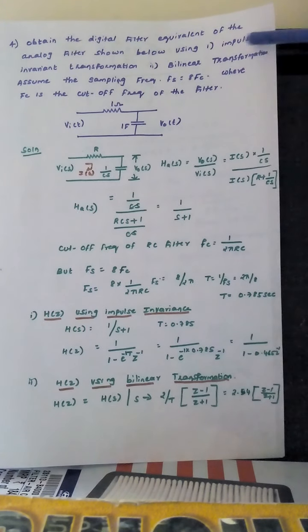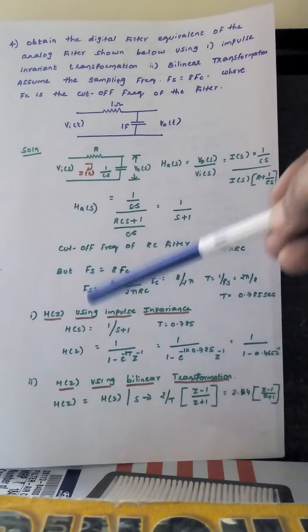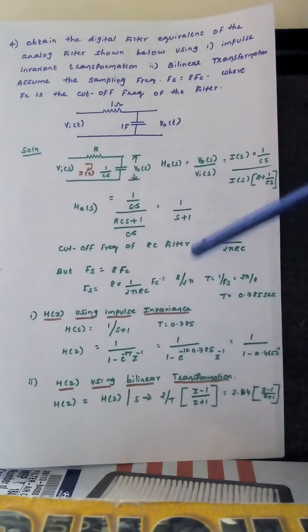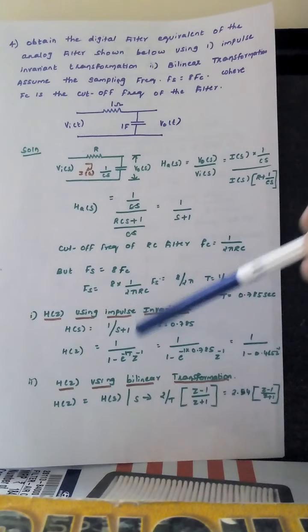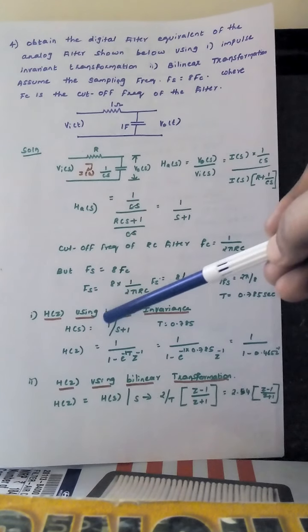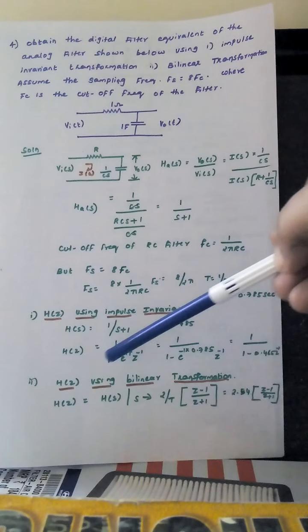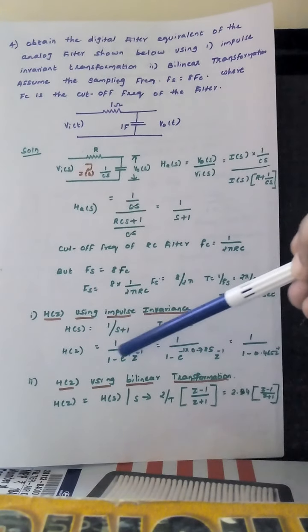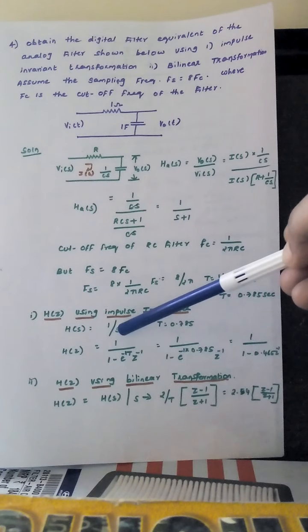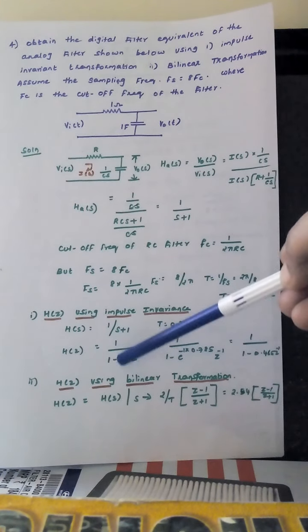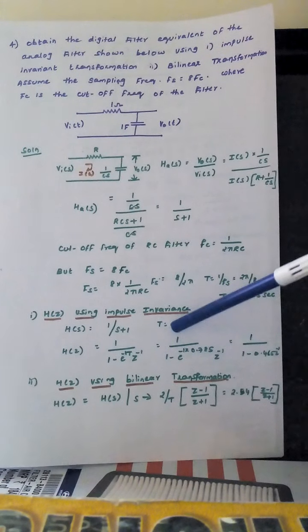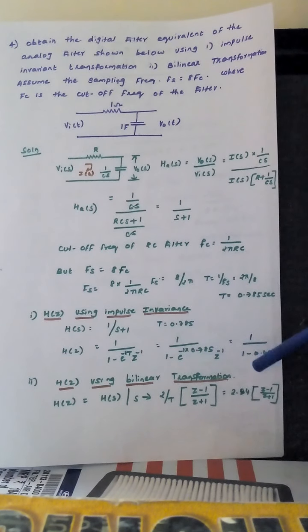Now first we have to apply the impulse invariant method. Here we got the transfer function as H of s equal to 1 divided by s plus 1. In the impulse invariant method, this will be replaced by the partial fraction coefficient divided by s plus 1, where the pole is at minus 1. The coefficient will come as it is, divided by, and s plus 1 will be replaced by 1 minus e to the power of minus 1 into T into z to the power of minus 1. Again here the T value is 0.785. If you are substituting here, we'll get 1 minus 0.465 into z to the power of minus 1.